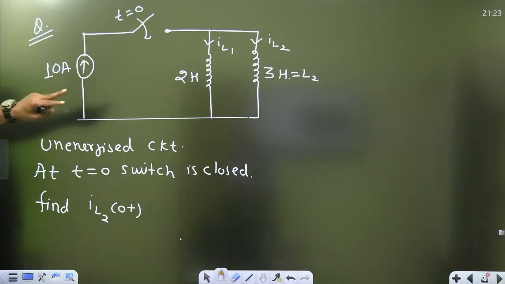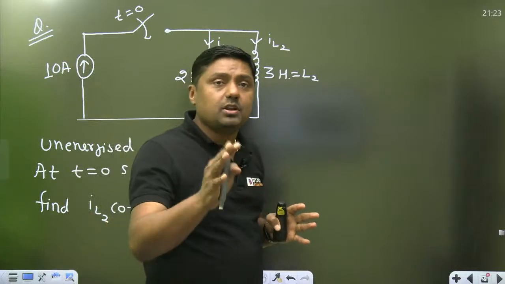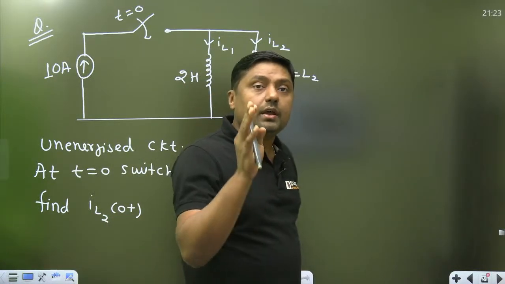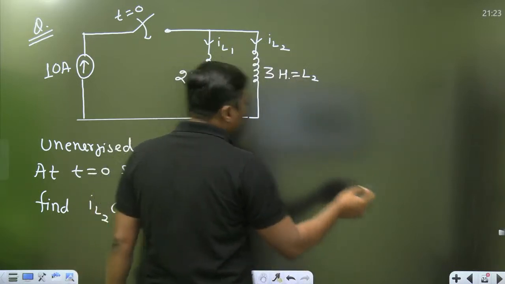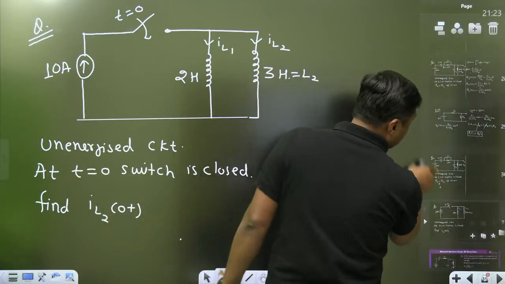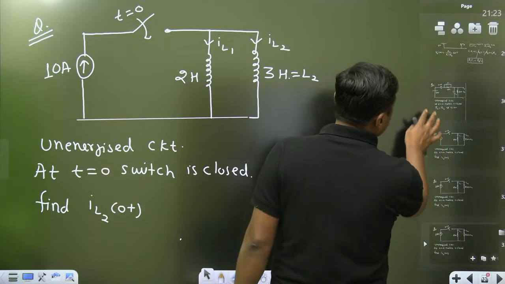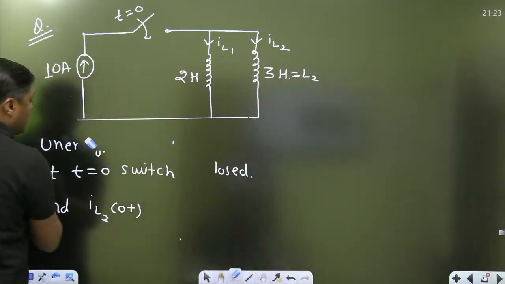Now 10 ampere, 2 Henry and 3 Henry. Okay. Now again the similar concept, my dear everyone. Abdul Rahman and Mani and Arnab, try to understand this concept. Again with this question, try to understand the concept, everyone. This is a question on inductor. Initially the question was on capacitor. Now it is a question on inductor.